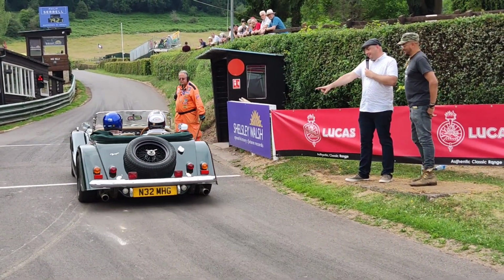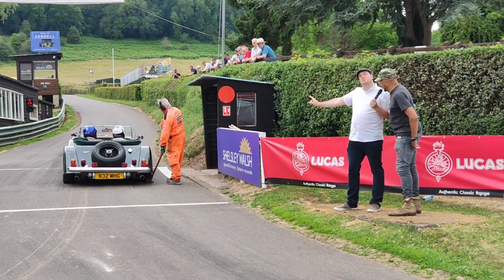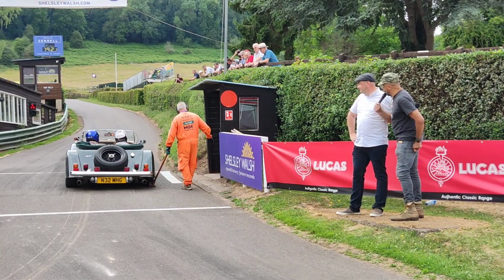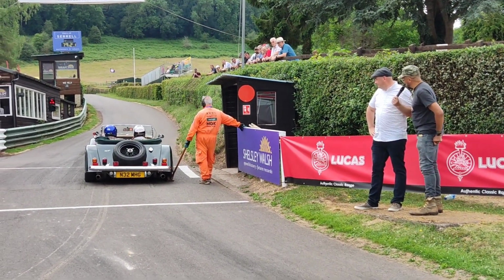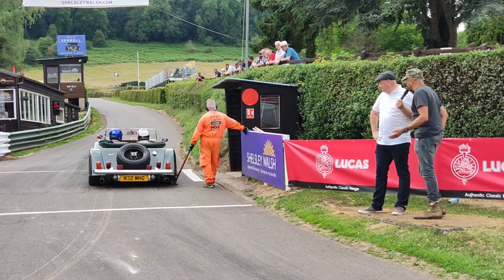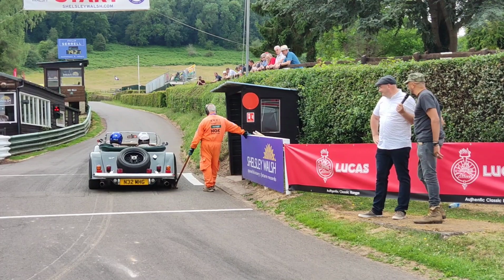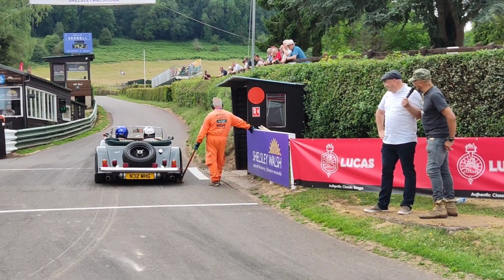But here we are. Now this, I reckon, Fuzz, is a Rover V8. Listen. Yeah, definitely got a V8 in there. This is going to sound amazing when it launches from the start line. Just beautiful little cars, they're great. They've got such a huge following. And if you've got a Morgan, basically you're automatically in the club on here. Everyone's going to wave at you as you go past. And rarely do you see them with the top